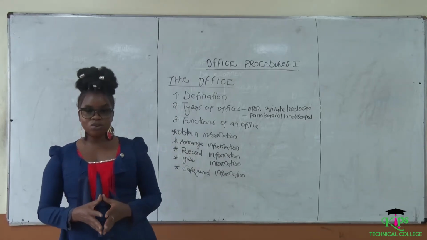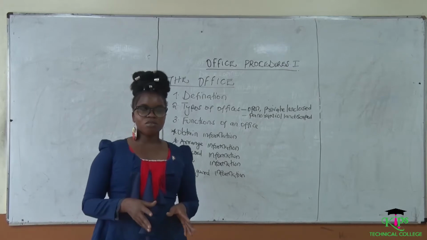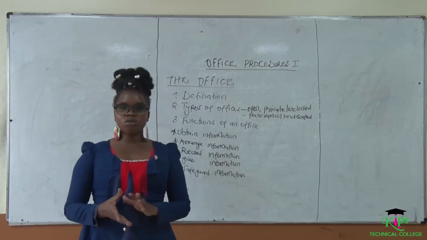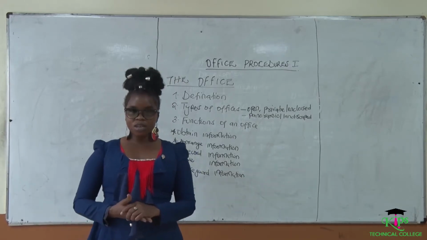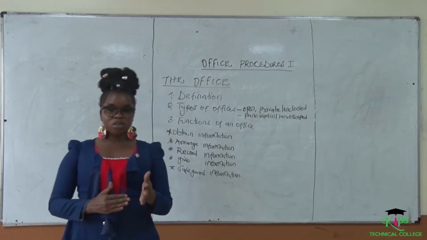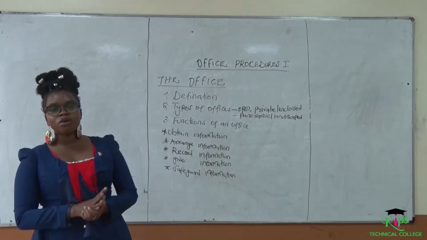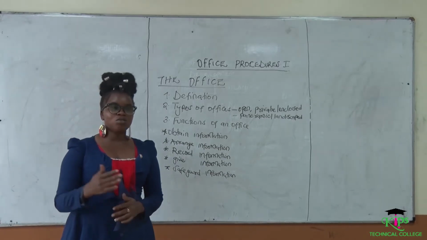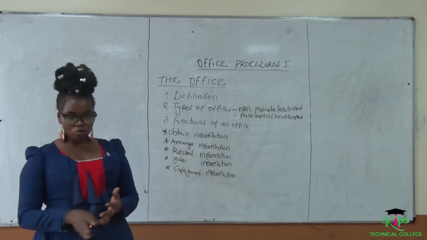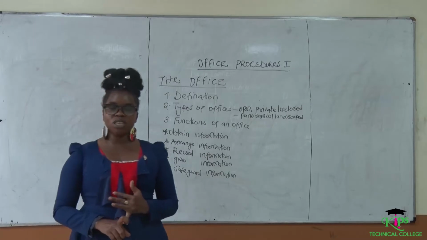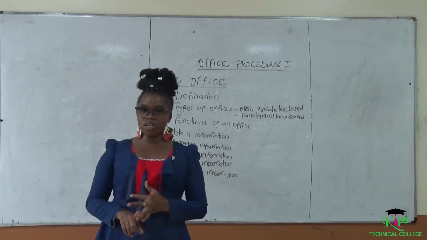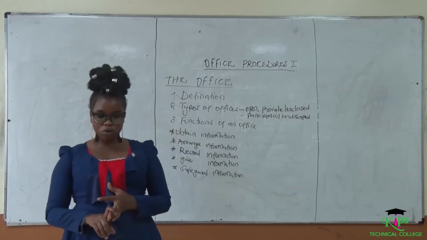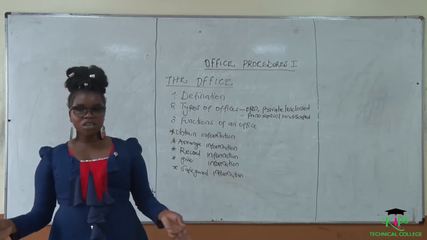You don't know how to file documents, because in computerized document processing, we talked about the area of typing documents. Now, after typing these documents, in office procedures we also learn about what we call filing, and that is where you know how to arrange your documents. You can learn how to arrange them according to dates, according to the names of people, according to the names of cities and so on.